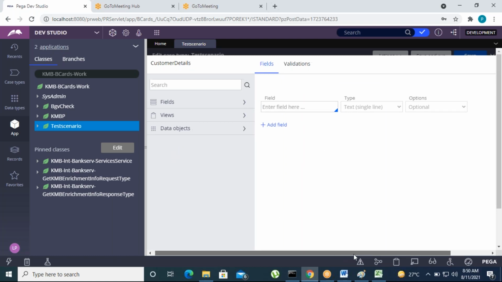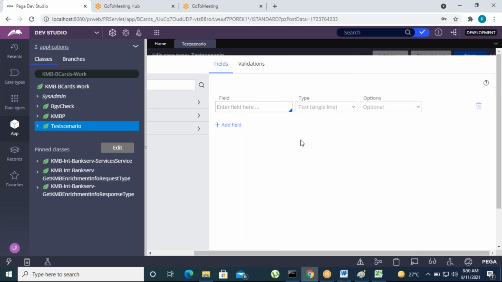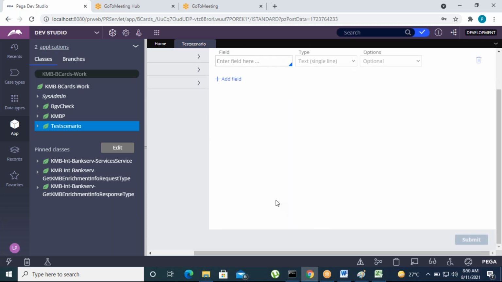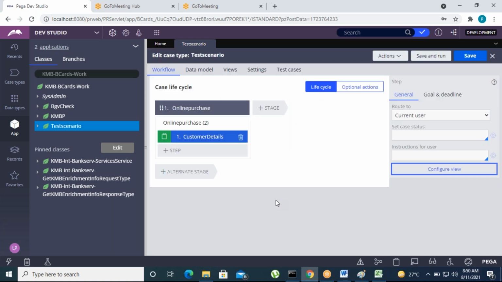Suppose if you want to add list type properties into the section, we have a different layout. We can use a different layout here. But I'm just configuring and clicking on submit. I will tell you how to add it. When you are configuring the section, the flow action is created, correct? Now open that. That's all. Very simple. Now before creating and opening the section and all, I'm going to define the expression.